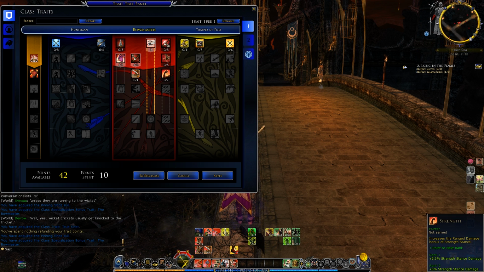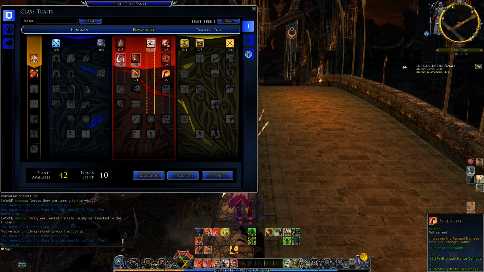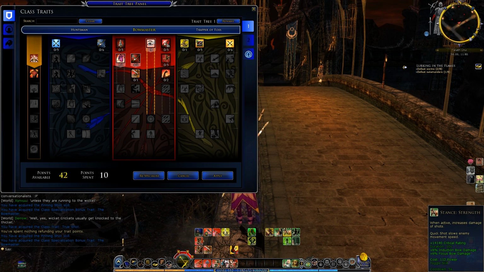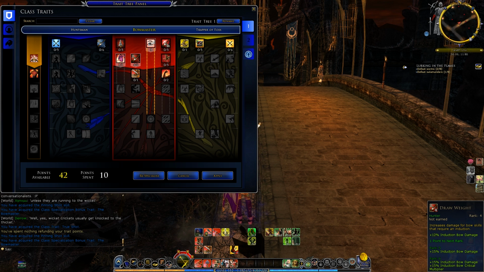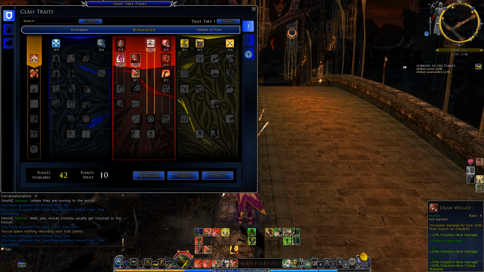So in this row we also have Strength, which just increases strength stance damage. So you want to be in strength stance as a redline hunter, and that increases its damage. So it's basically a raw damage increase by up to 5% with 2 points in that. So from here we have to decide if it would be more worth it putting